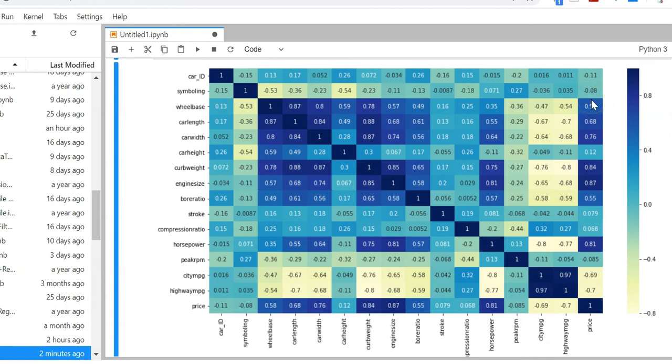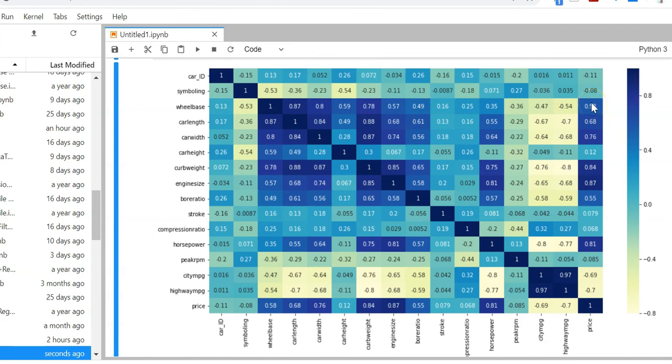Let us focus on the darker color. 0.87 is the darkest color. So what is 0.87 related to? It is the engine size. So obviously if the engine size is higher, the price of the car should be higher. So this is quite understandable. Even the curb weight, if the weight of the car is higher, the price of the car is also higher. 0.84 is highly correlated.